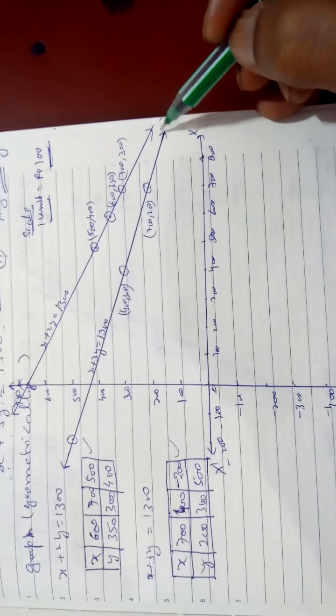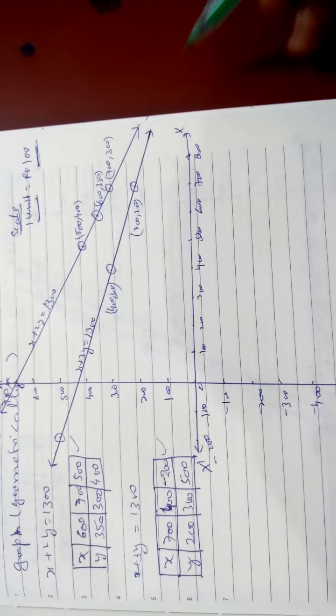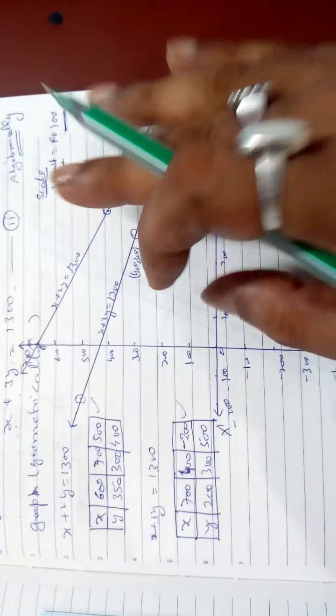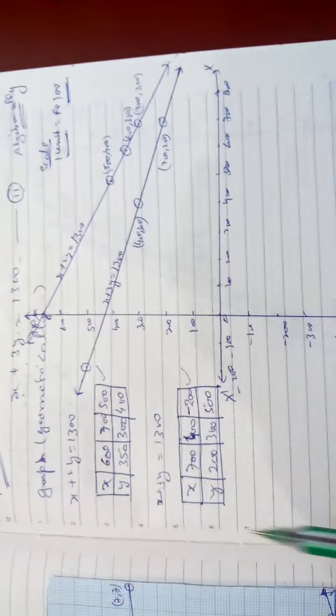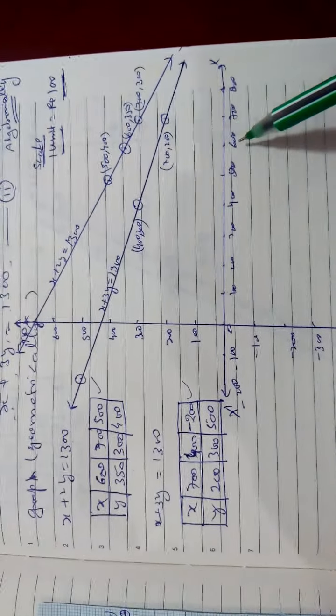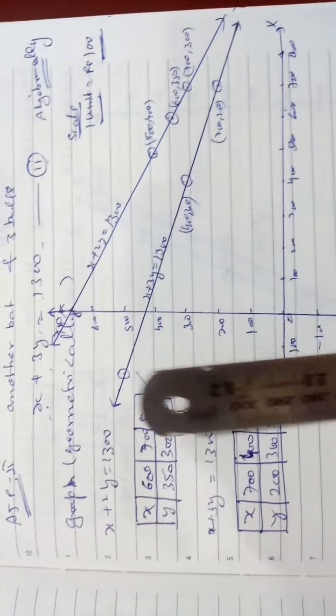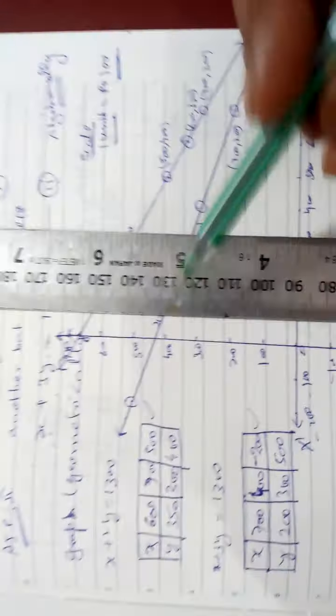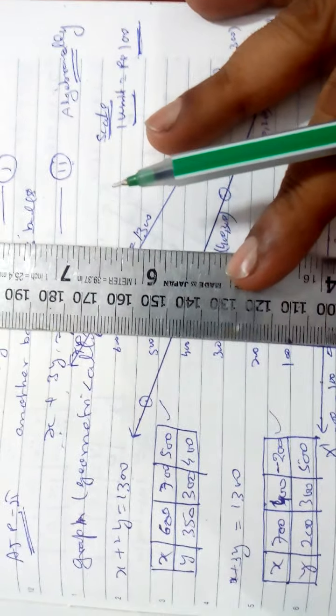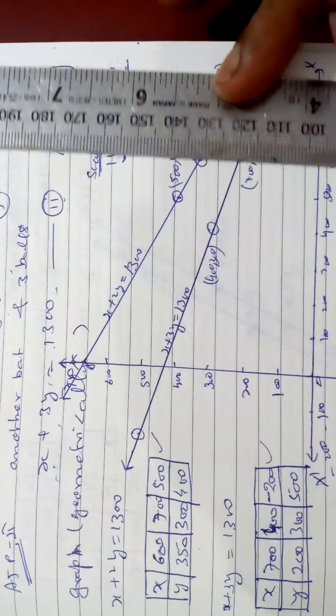Then plot the graph. Here also you are getting nearly meeting lines. When you produce it, you will get it to meet. So it is also called the intersecting line. How 600? On 600 you are getting 350. How will you get 350? Here 350 is not given. So I have measured 1 unit is equal to, so like this you will get 600.